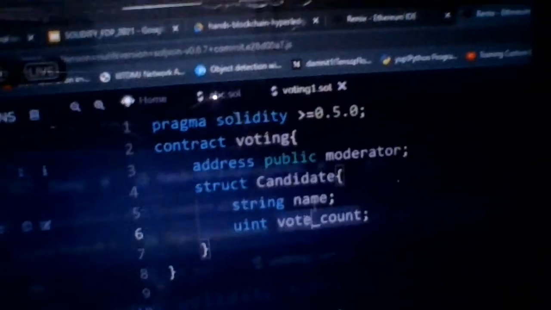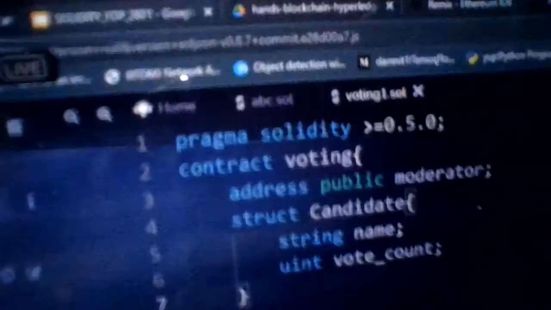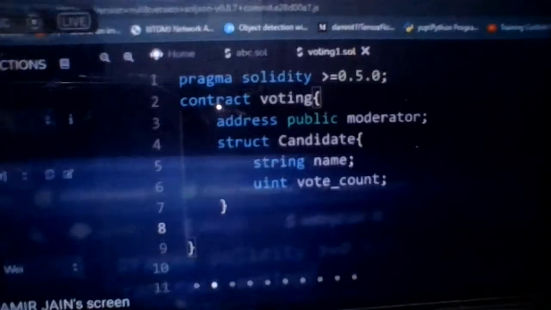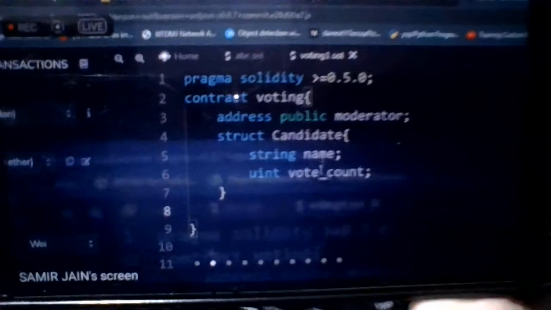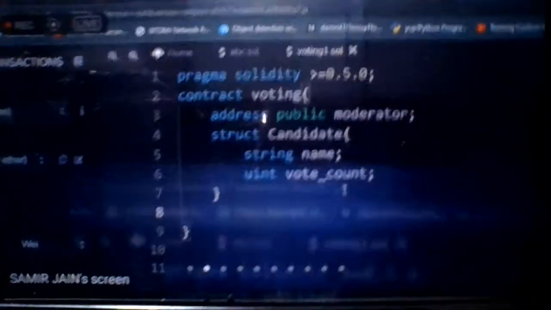Initially, all of them will have a name, but there will be no votes, so the count will be 0. When the election process is performed, the voters will give votes to these candidates, and the vote count will increase.